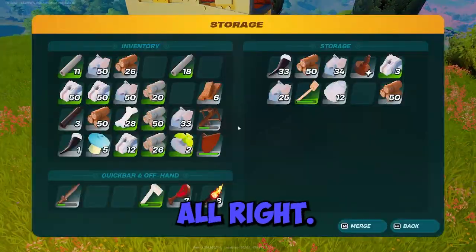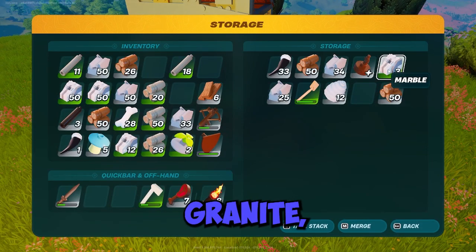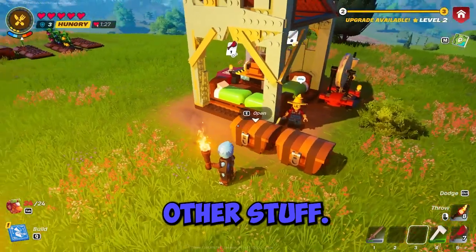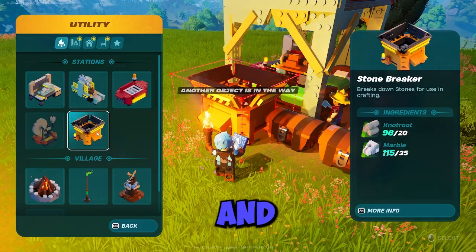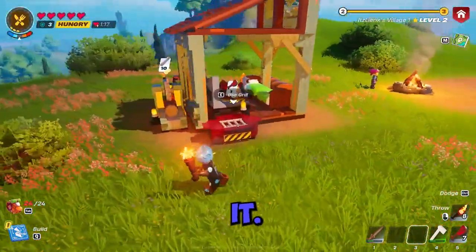So, all right, we've got everything we need here. We got granite. Lots of granite, marble, everything. So let's pull this out because we're gonna need it to start making some other stuff. So we need to make a stonebreaker, which is knot root and marble. So let's see where we should put this thing. Let's put it right